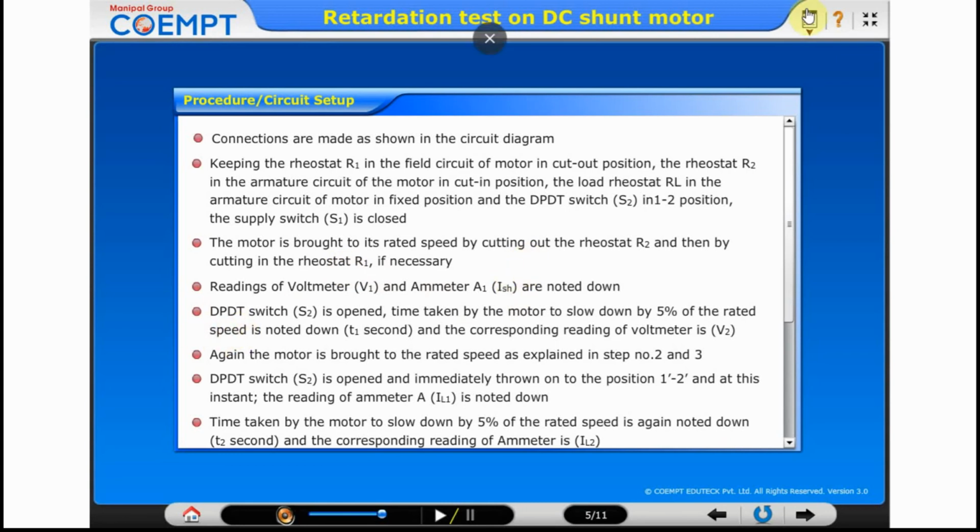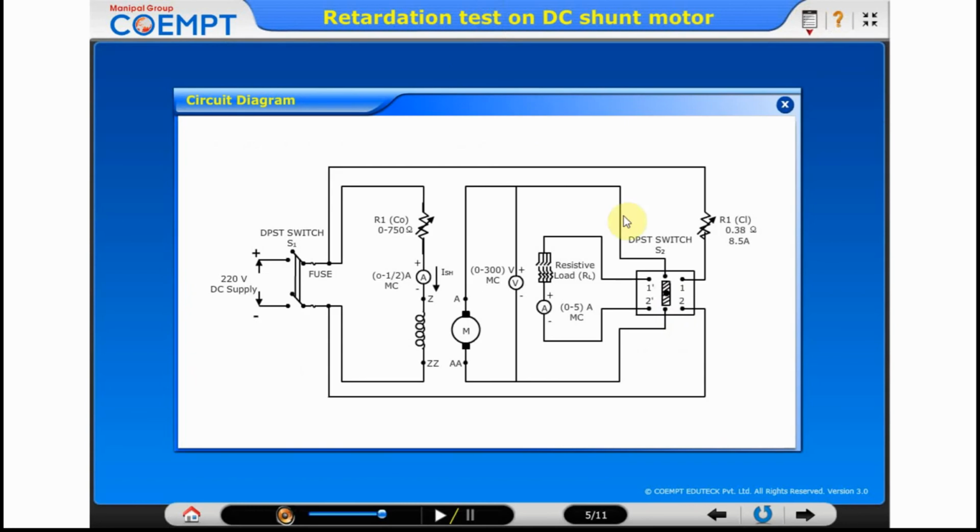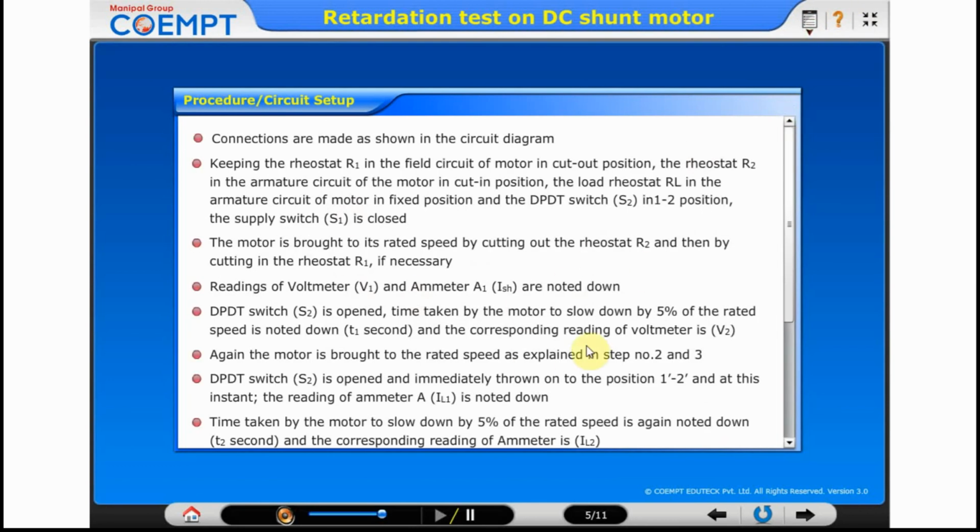switch is opened. This particular DPDT switch is open. We'll simply open it. We will not throw it to the left position. We'll keep it open. This will be in the open position now. So once this is in the open position, now we'll note down the time taken by the motor to slow down by 5% of the rated speed, and the corresponding reading of the voltmeter is noted